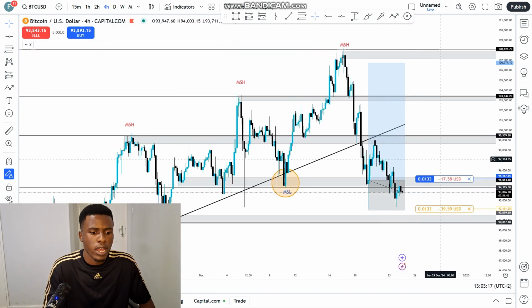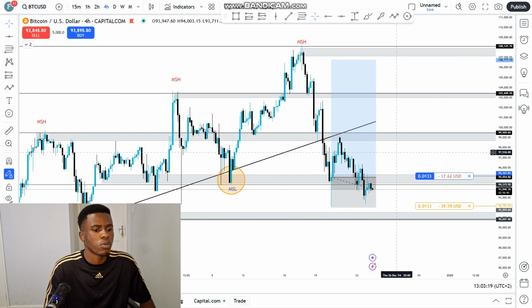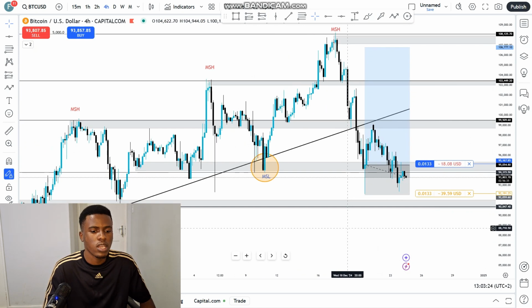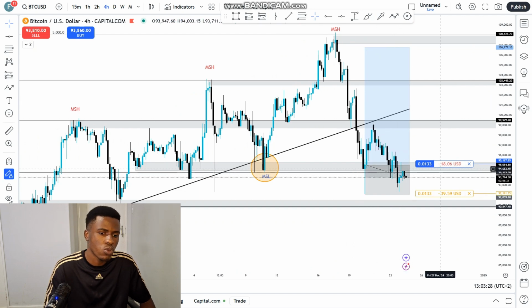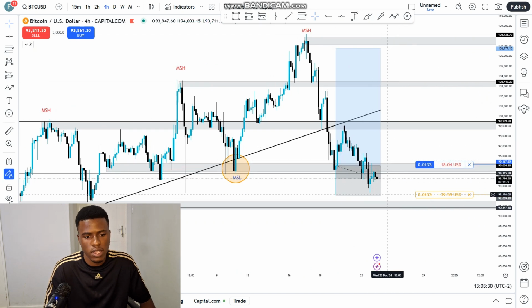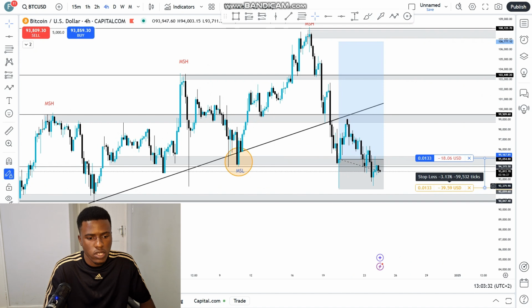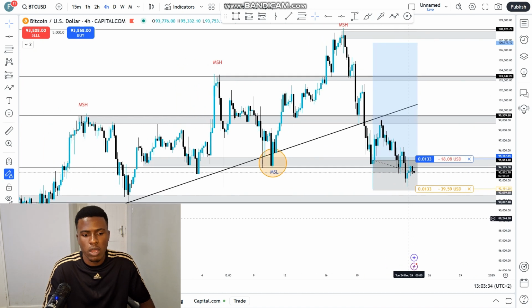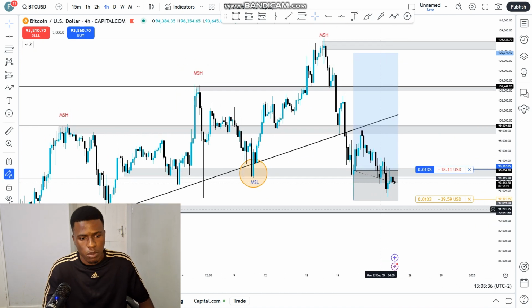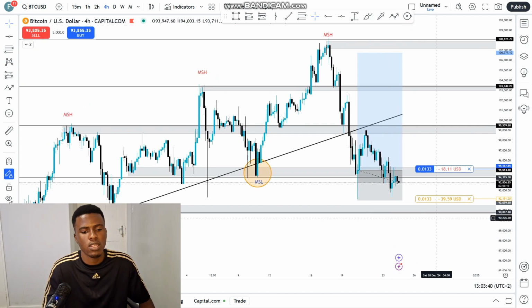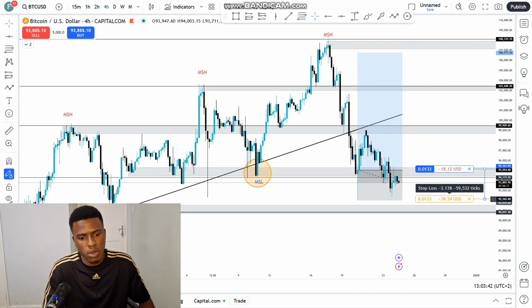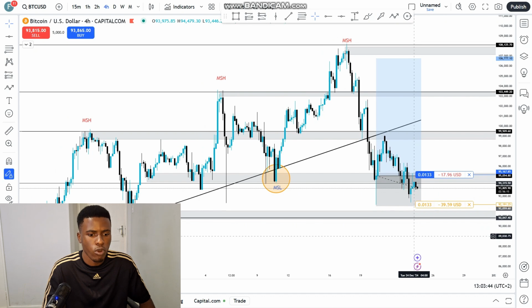And then moving on to our last analysis of the day, which is going to be Bitcoin. On Bitcoin, as you can see here, it's not really looking hot at the moment, and we saw price continue to the downside. I was expecting it to bounce and continue to the upside, but clearly we're not seeing that. And I did put this stop loss here for a reason, because I know I cannot be right every time. Sometimes I'm going to take losses, and this might be one of them, but I'm happy because I did manage my risk appropriately and I'm following my plan.